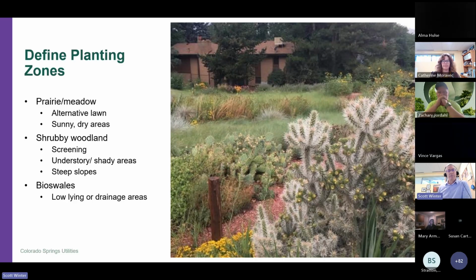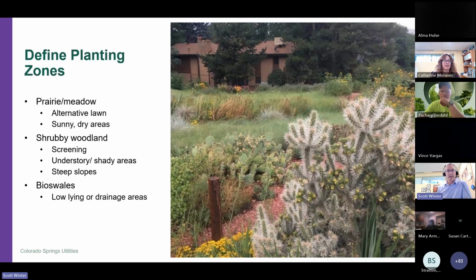So when working with native plants, I like to think of what natural environments, what plant communities we are trying to emulate, and then use those functionally to define the space and to cover the ground. So those shrubby areas, obviously for screening purposes, for defining space, for understory areas that are shady, steep slopes often that may be too steep for grasses to perform successfully enough, you may move towards shrubs for those areas. And then bioswales, obviously for decades now,